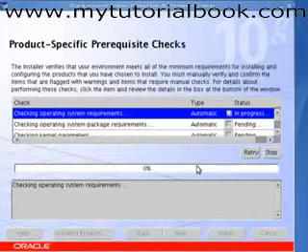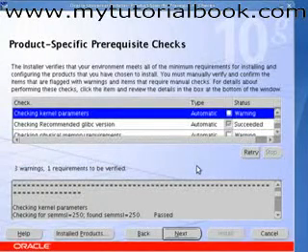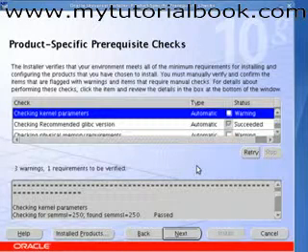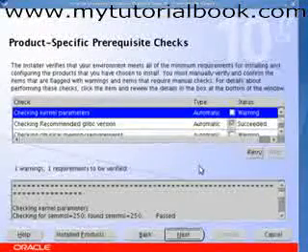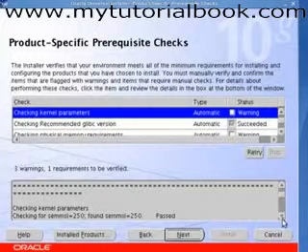Okay, now before the actual installation begins, there would be some product specific checks that are performed by the Oracle installer itself. Here, if we get any errors, we should not proceed with the installation. We should go ahead and look at the errors, fix them, and then continue with the installation. What we get here is 3 warnings that are displayed. Let us go ahead and check what those warnings are.